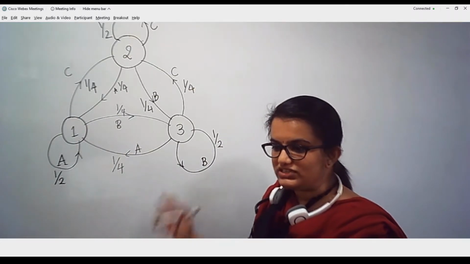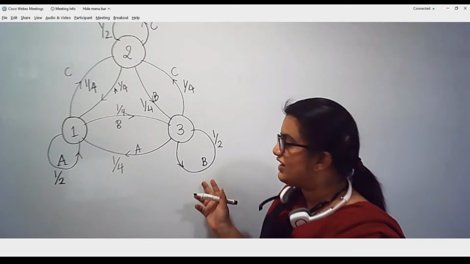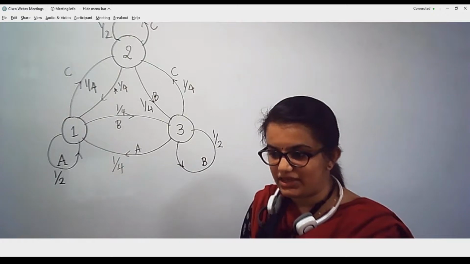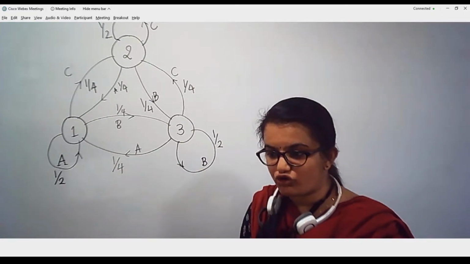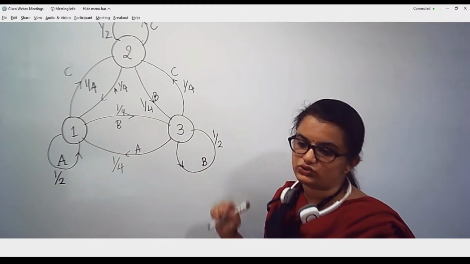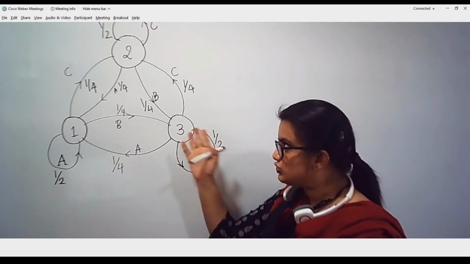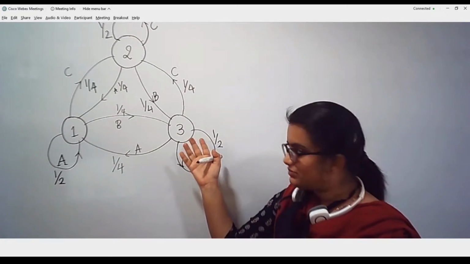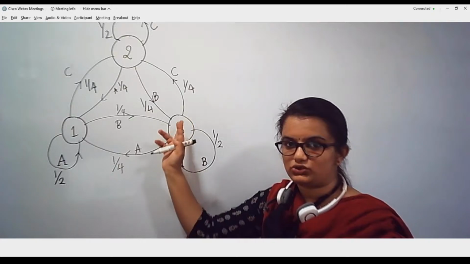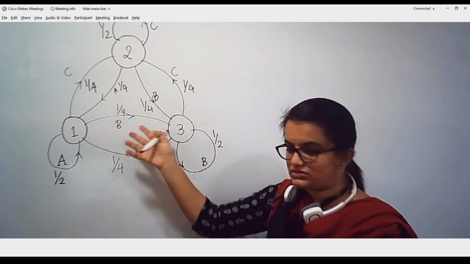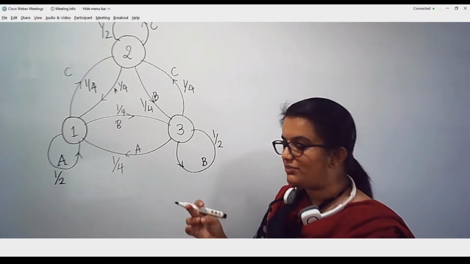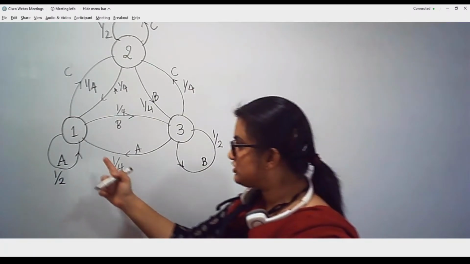Now using this, I have to predict what is the letter that is coming in, or what is the entropy that is contained in the information generated by one such source. My source is characterized like this. My source can start at any state. It can start at state 1 or state 2 or state 3. It can start anywhere, and it can generate 3 finite alphabets A, B and C.